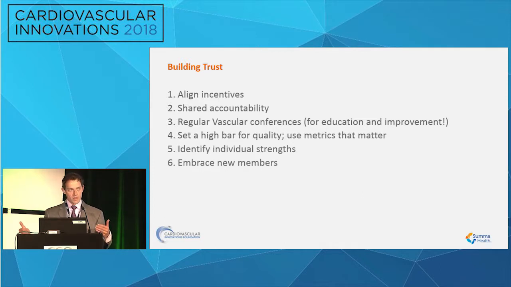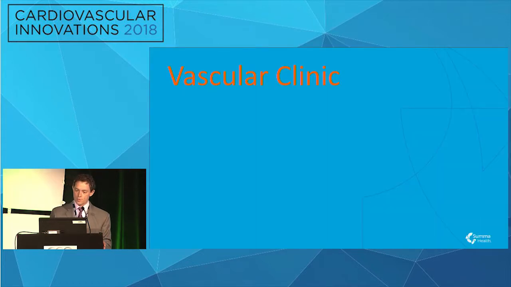And then embrace new members. If you have an endovascular program at your institution and somebody new joins that does endovascular, do not see them as competition, and again, depending on how your health system is structured, but see them as somebody that can augment your vascular practice and help your patient population in your community. So placing the patient in the community first and putting your health system first, I think, is the best approach to optimize your vascular program at your institution.